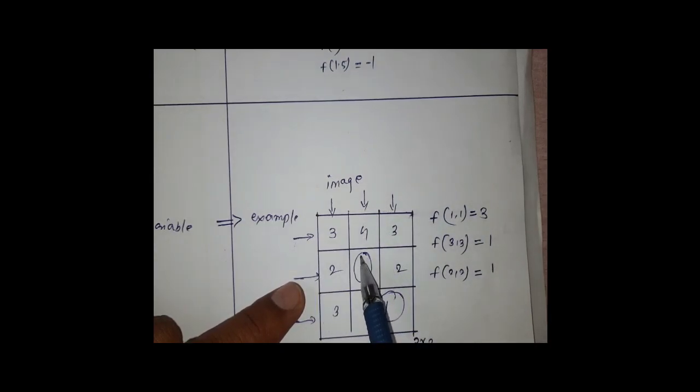It means that for extraction of a single matrix value or single pixel value from an image, I just want two variables, that is the value of row and the value of column. We require the values of both coordinates, the x spatial coordinate as well as the y spatial coordinate. There are two independent variables in an image or in a matrix, that is x and y. So we call a matrix or image a 2D signal.